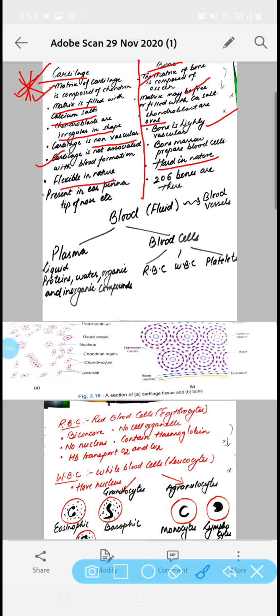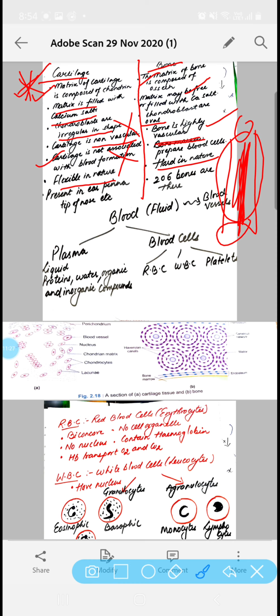Now cartilage is not associated with blood formation. Since there is no blood here, blood formation will also not happen here. But bones have a supply of blood. As I have told you, the long bones have a cavity which is filled by a reddish brown substance called bone marrow. It is the part where the blood cells are formed. Clear? And if we talk about cartilage, if you observe your body, your face region, the tip of the nose, you can move the tip of the nose.